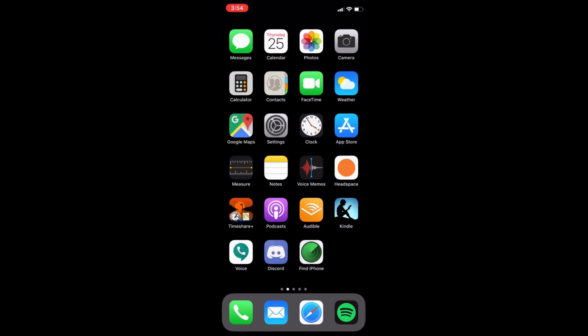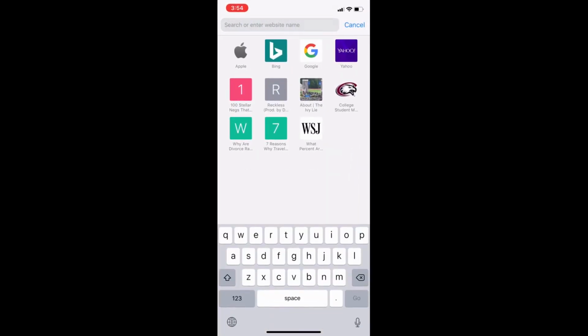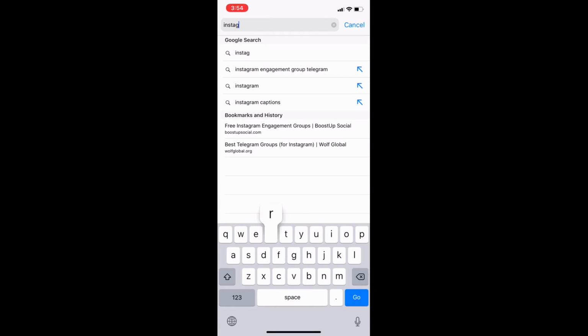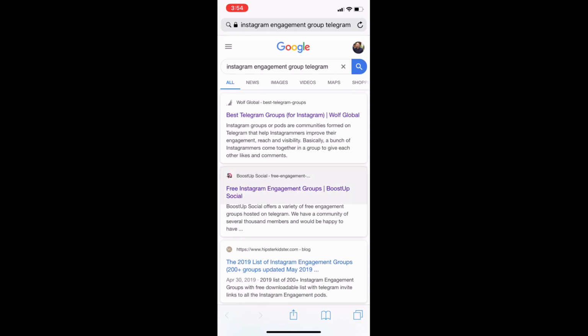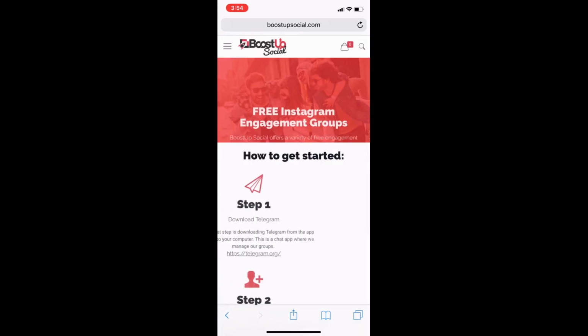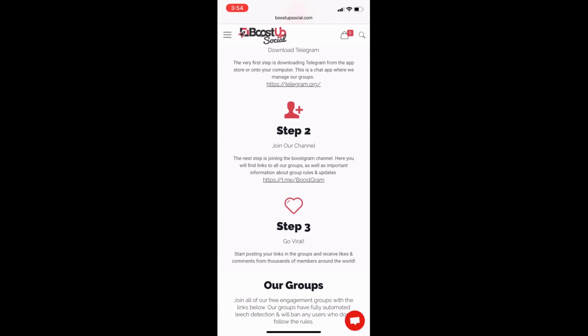All right, guys, let's dive right into this. I'm just going to show you a shortcut to actually get into engagement groups, which means we're going to do the traditional way and Google it. So I'm going to search for Instagram engagement groups and go to boostupsocial.com. Now I'm going to click the second link and join this discussion group. Now it's going to show you